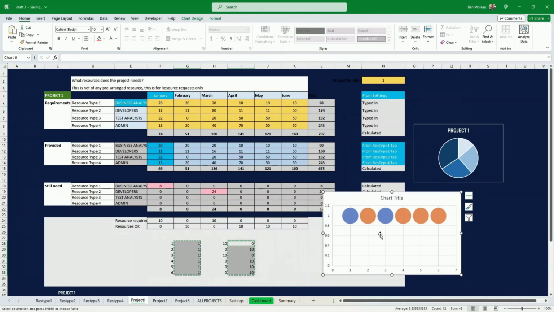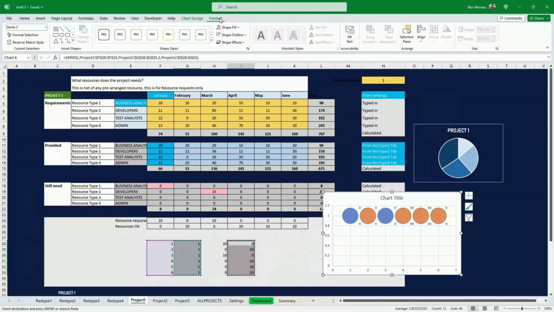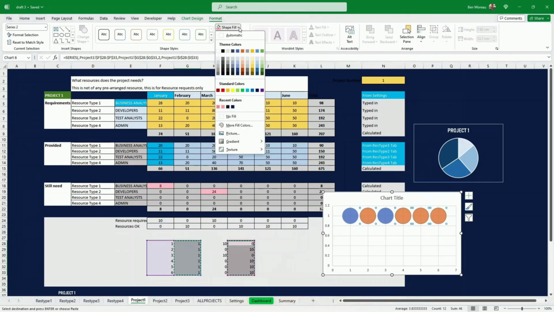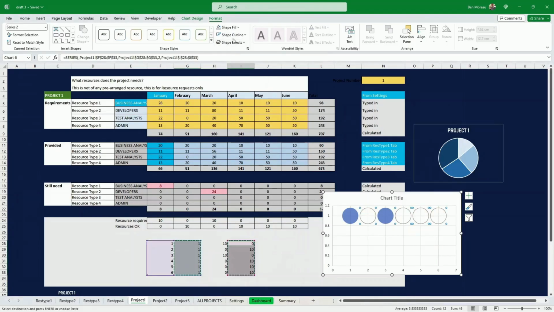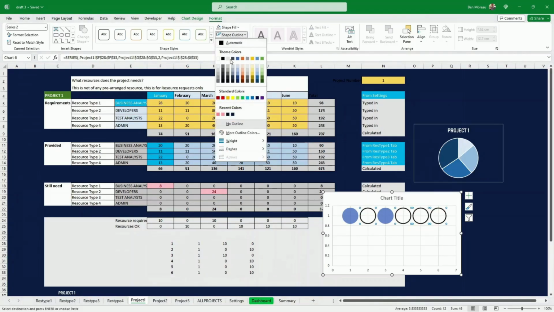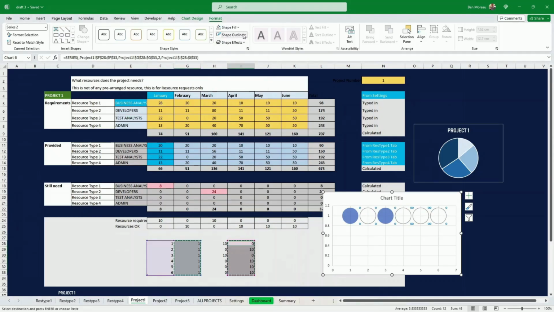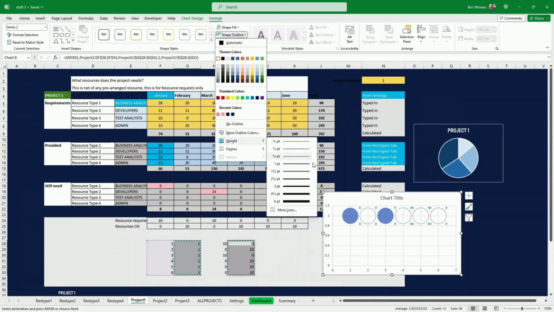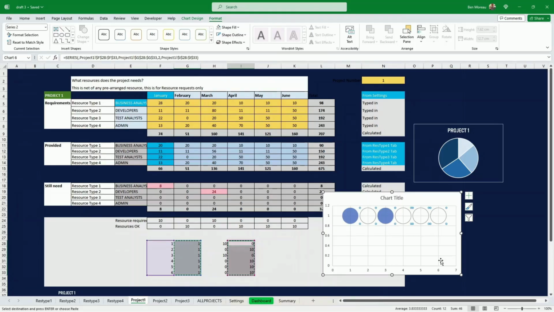Now the ones where resources are okay are these ones here. So that means that these ones I want them to be discrete. I don't want them to be too obvious. So what I'll do is, and I will have to change that later on, but I just put a no fill for the moment. And I'll put shape outline white, and I put quite thick. I will change that probably later on, but